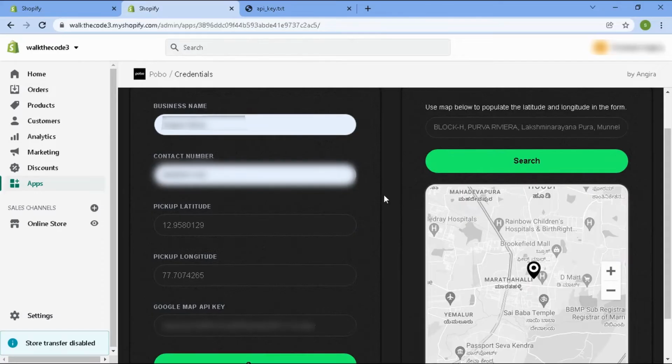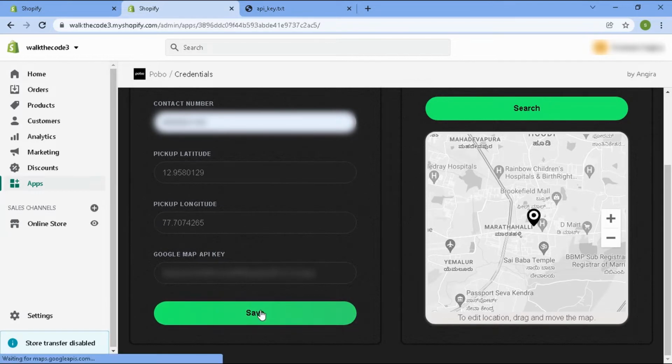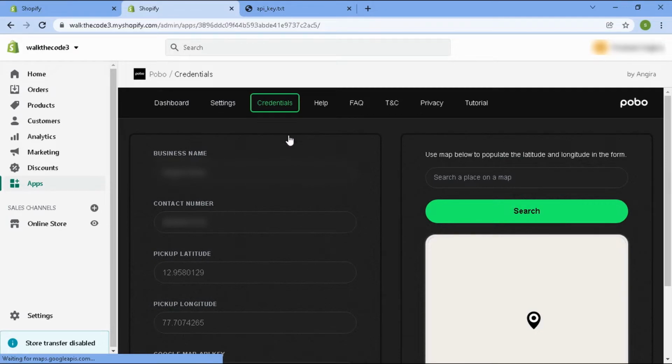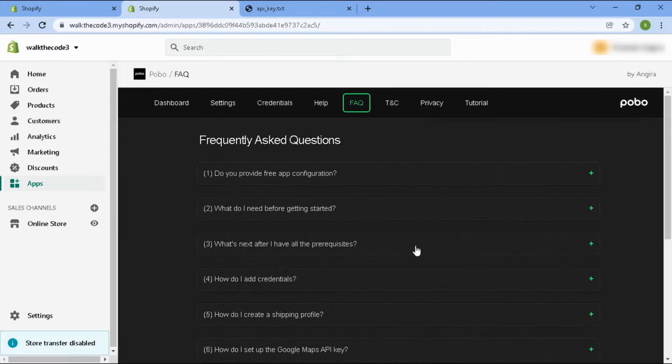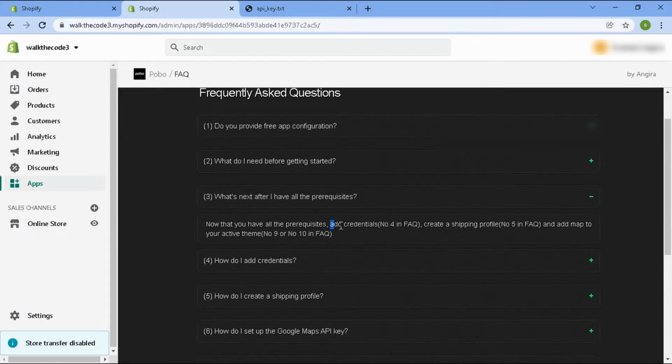And you can see that the location is selected on the map and pickup latitude and longitude have been set. Now we want to hit save. Now let us go back to FAQ and we have added the credentials.